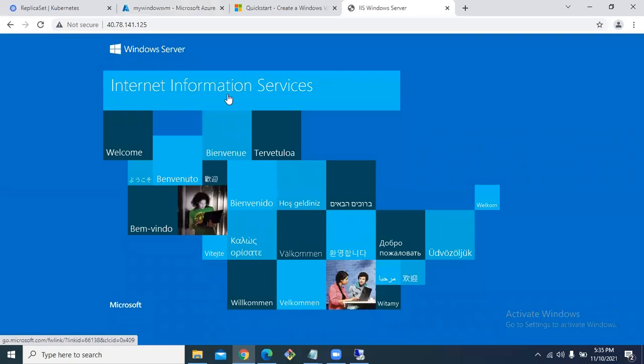Internet Information Services. This is how you can install a Windows 2016 server, and along with the Windows 2016 server, we also installed IIS server and we have verified that it is working fine. So usage of IIS server is not done by us.